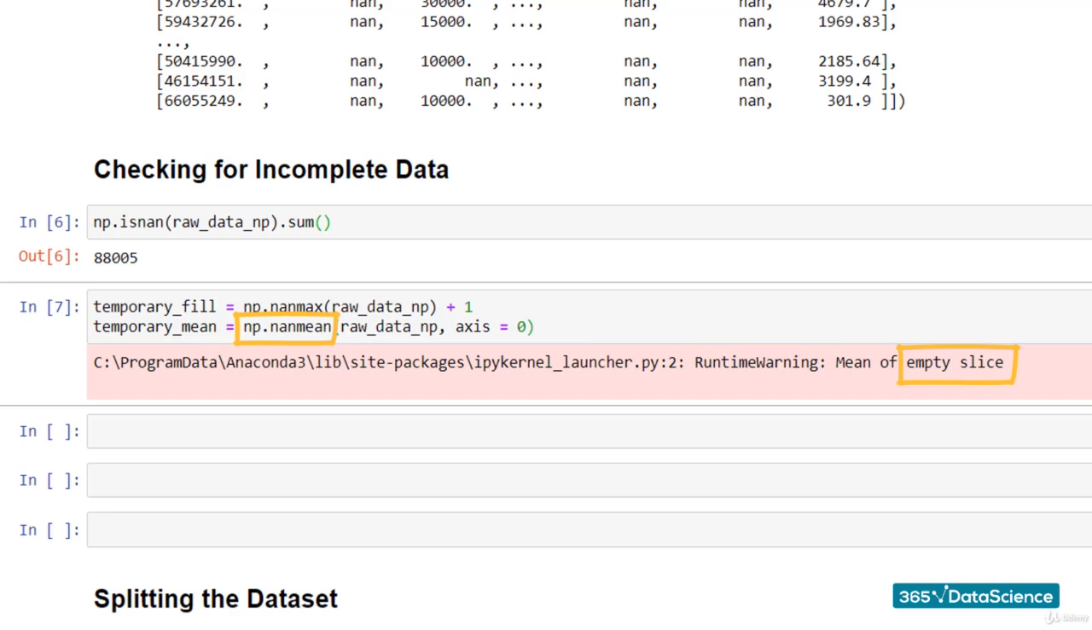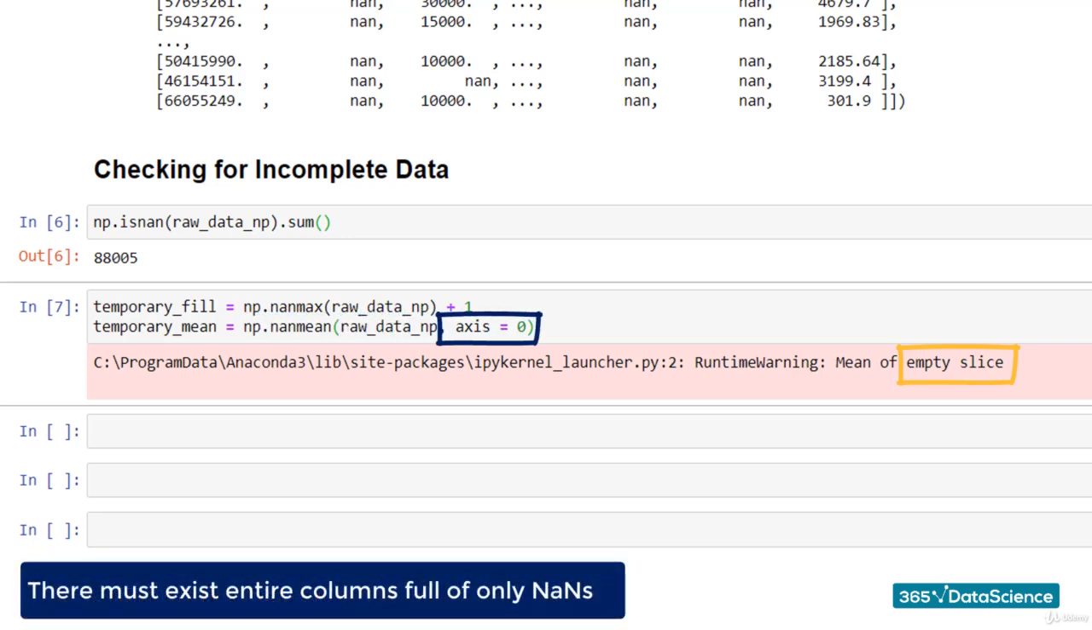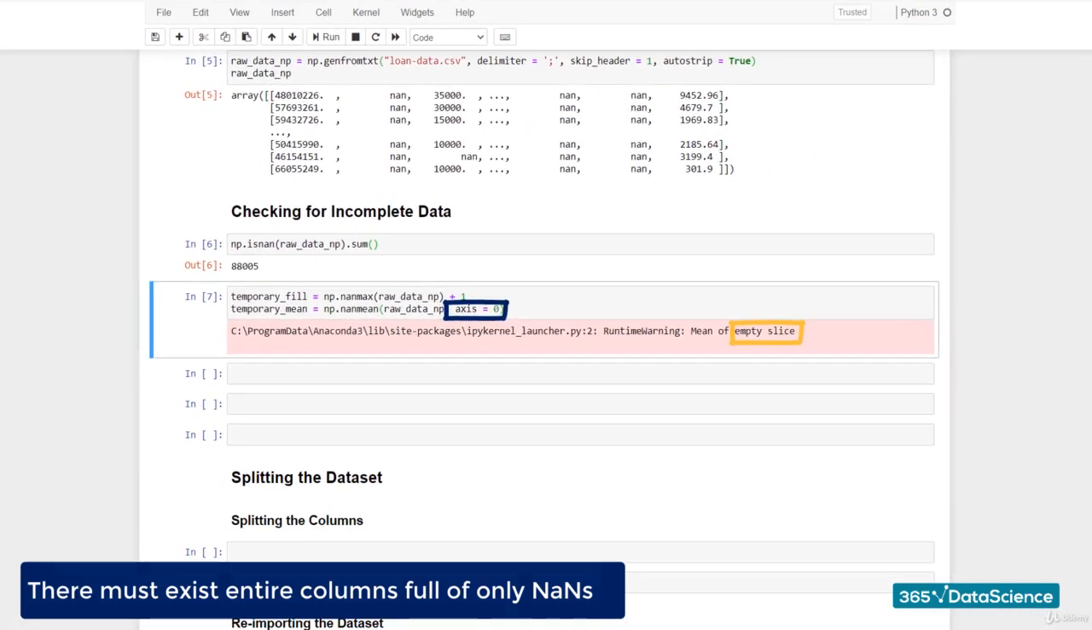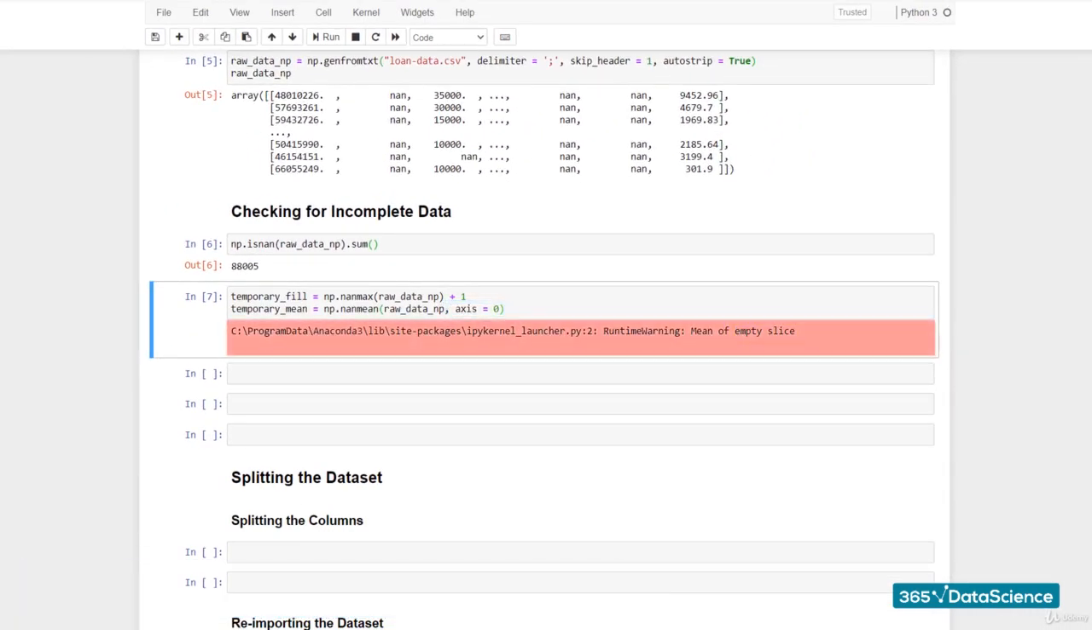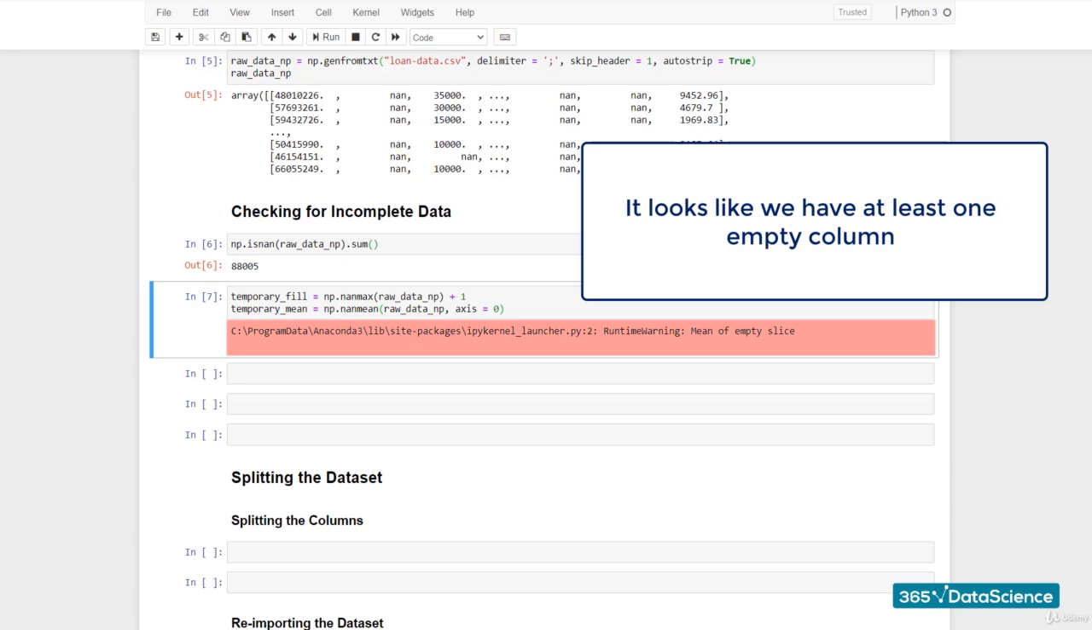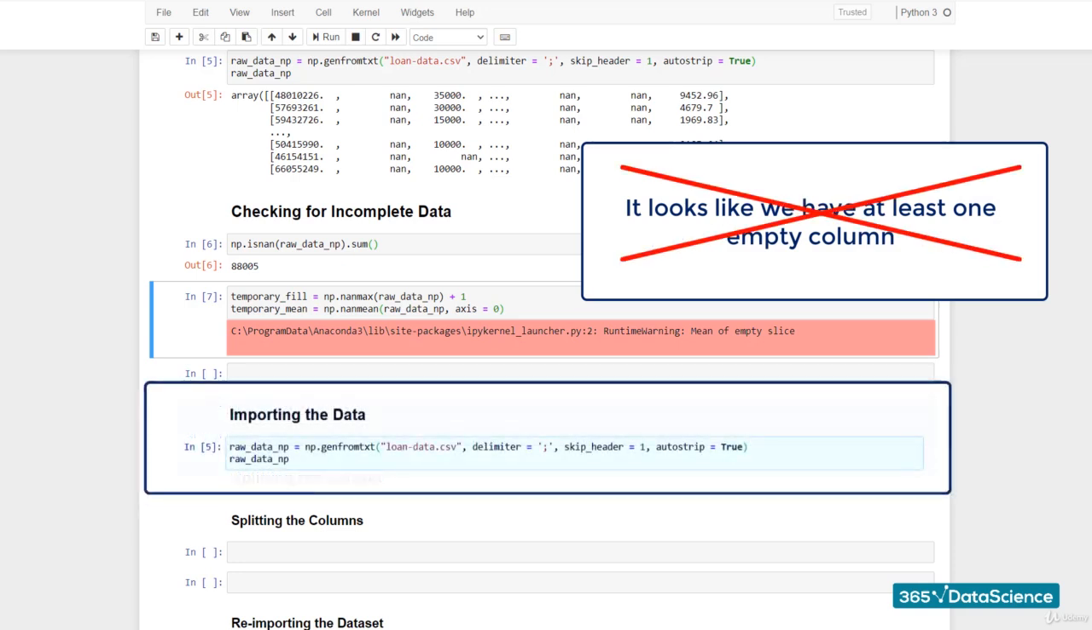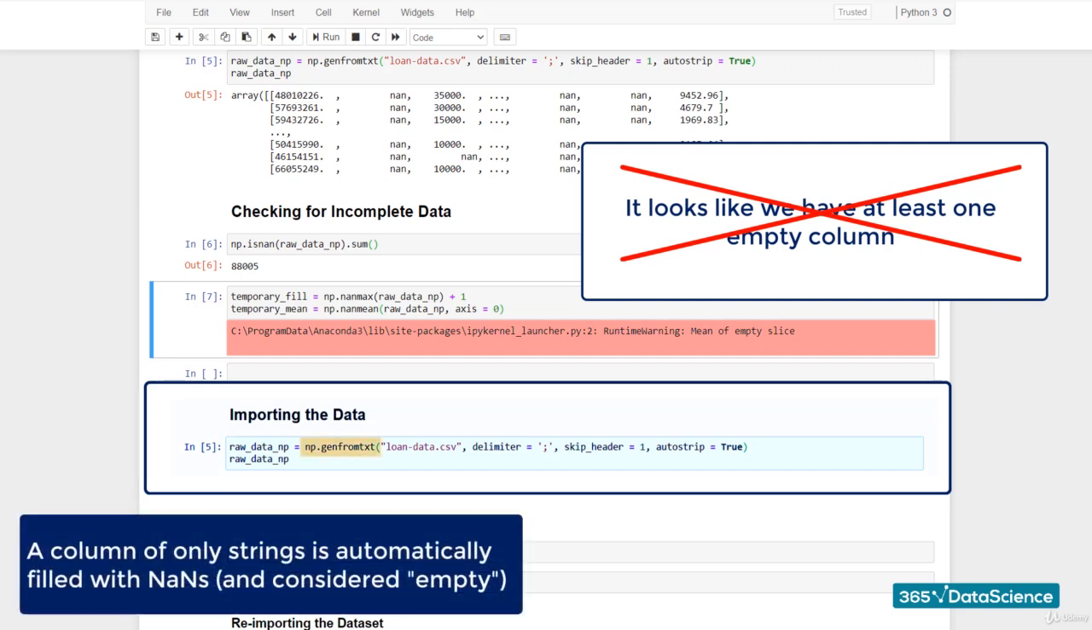Thus, provided that by construction the function ignores NaN values, and we're running it along every column, there must exist entire columns full of only NaNs within the dataset. So, based on the warning error, it looks like we have at least one empty column. However, that's not entirely true. The default data type for generate from text is float, so a column of only strings is automatically filled with NaNs and considered empty. This means that we might be observing missing values now, but the dataset may in fact